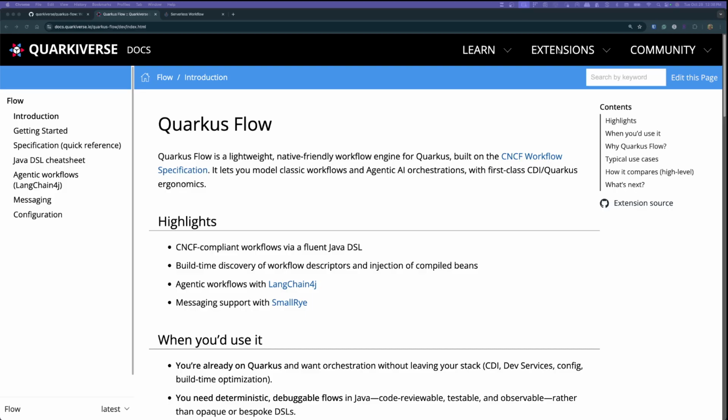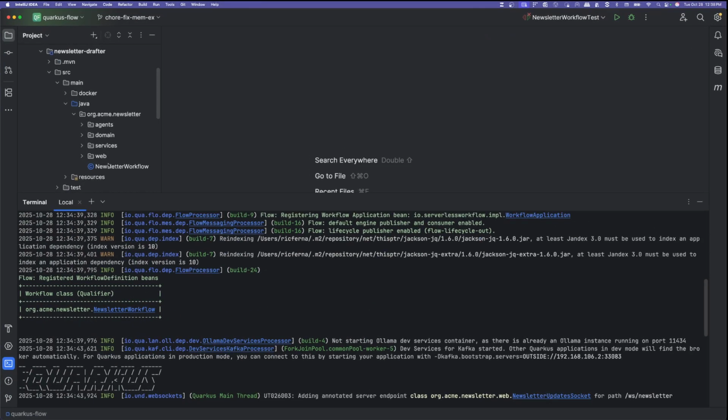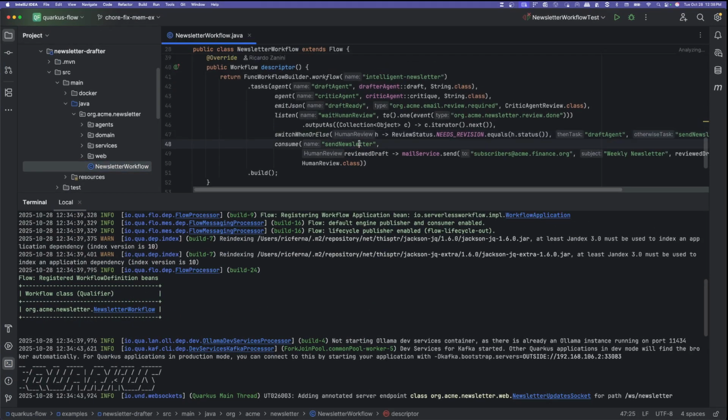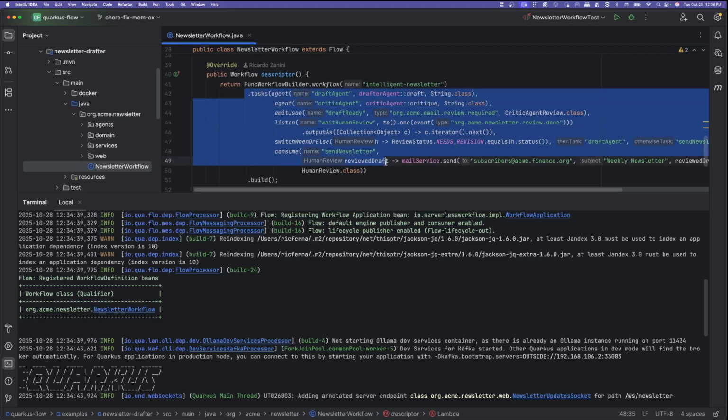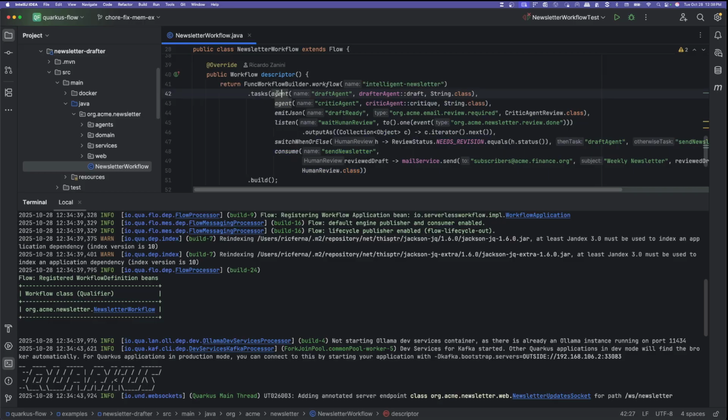So the flows are actually plain Java objects, written with the Fluent DSL. So we orchestrate agent calls, events, and branching, so you can pause for a human approval within the app. In this case here, as I show on the screen, you can see that we're calling the draft agent, followed by the critic agent, and after that we emit an event saying, well, we are ready for a